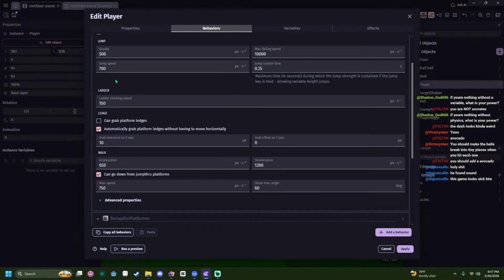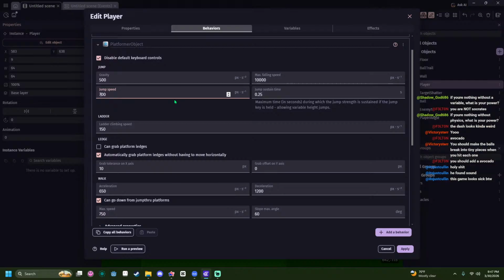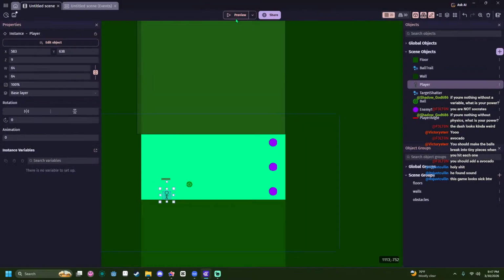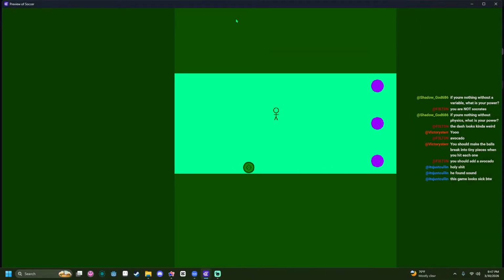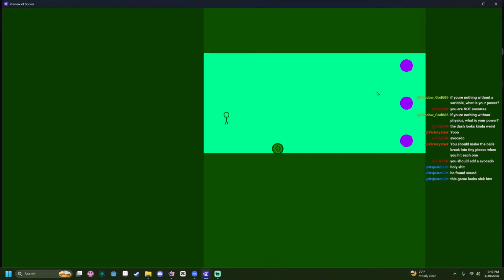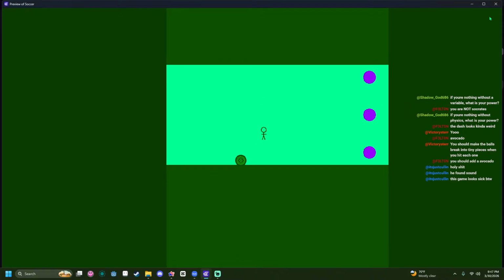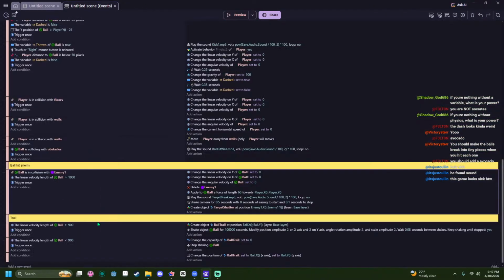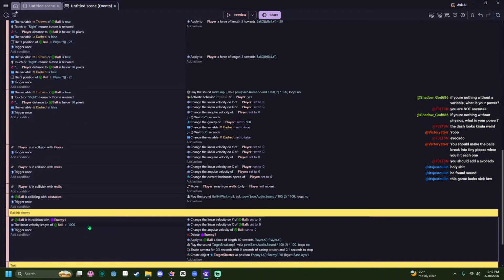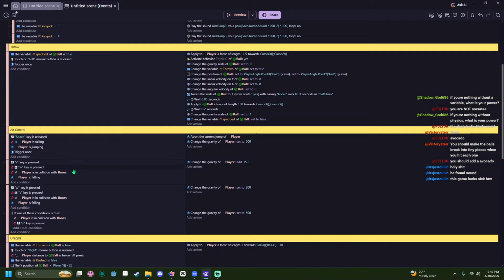Physics even close. We're gonna make the jump speed the same. I think make the jump sustain time lower. I think whenever we let go of space, it needs to fall faster. Isn't falling. Huh? Yeah, right, okay.